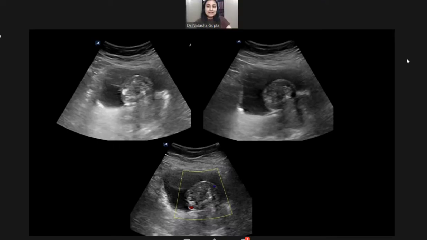A bit unlikely. It is still possible that it's an exophytic subserosal fibroid from a uterus, a very rare possibility where it is coming and impinging, but given so much mass effect and the kind of orientation it has inside the bladder, I would keep it very low down. It looks like a primary vesical mass which is now extending outwards. That should be the first differential, but a remote possibility of maybe a broad ligament fibroid or a very, very subserosal exophytic pedunculated fibroid from the uterus could also be a possibility, ma'am.